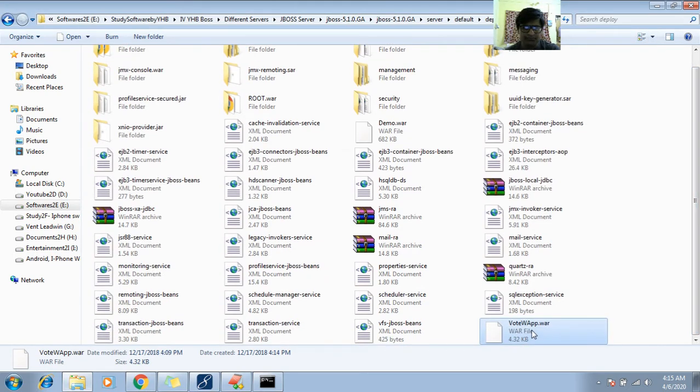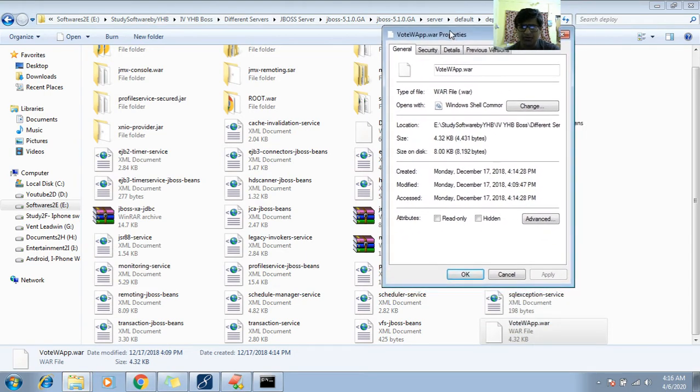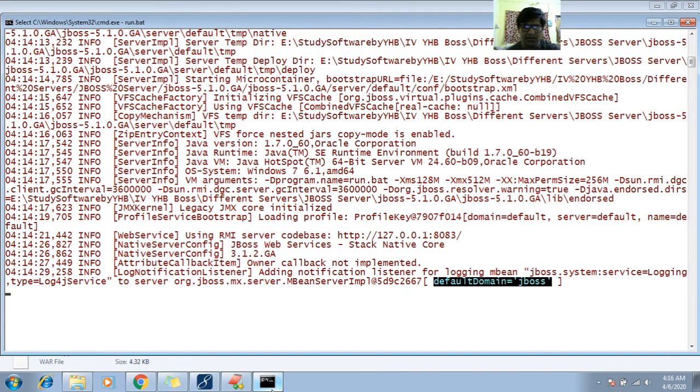So this was deployed 12/17/2018. I deployed this file. Okay, I deployed water web app. Okay, so this is water web app. We deployed this file some time back, not a few days back, a year back. Still the server is starting. We have to wait. Once it completes, we'll proceed for the next application.